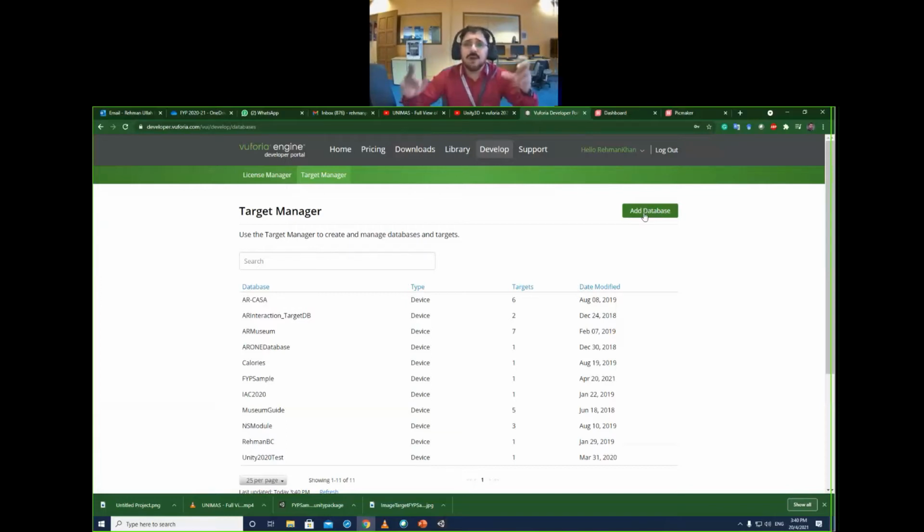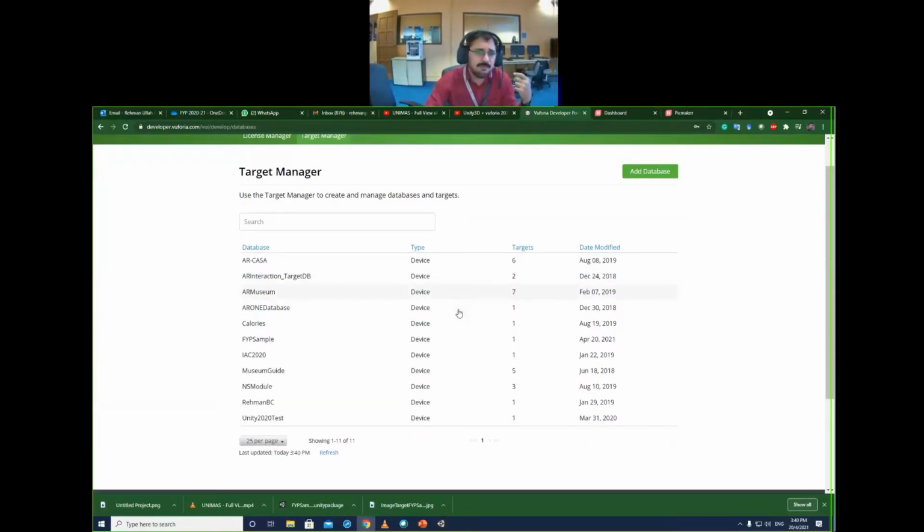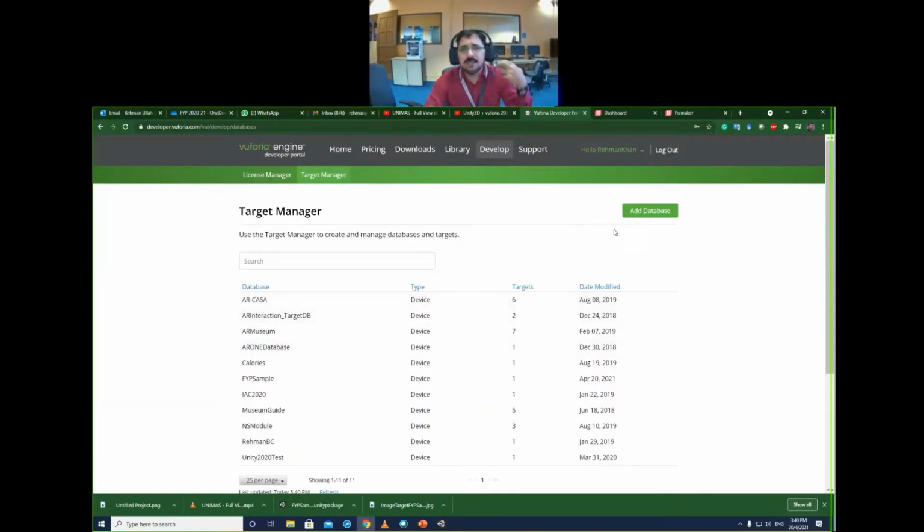So you see, this is the database, the number of images that you want to recognize. You may want one image, or you may want 50 images. I can't remember now, but I think for the free version Vuforia allows up to 1000 images. So you can recognize this in a free version. For that detail, you can go to the documentation, or maybe to the support page.